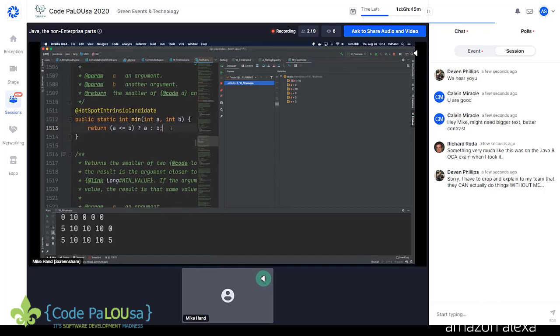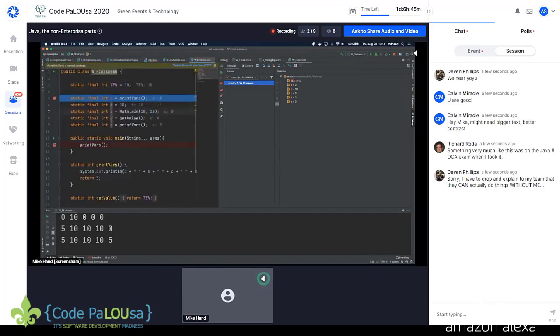There's no other side effects. It just returns whichever one is less, a or b. So it's definitely something that could be known at compile time, but the JVM also decided not to fill that one in. So as we step through this, we're going to see A has now received its value here, 5, from printVars.